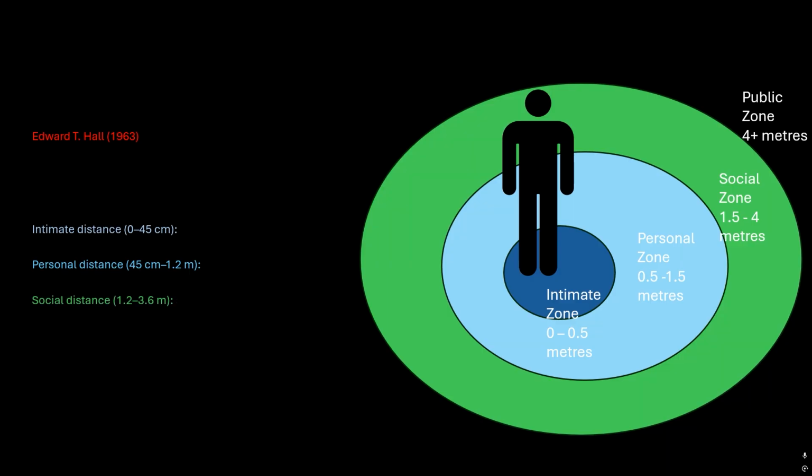Social distance, 1.2 to 3.6 meters, is for strangers and for formal situations. And the public distance is above 3.6 meters, so public speaking, performances, etc. His key point is that these distances are culturally learned, so what feels like normal space varies between cultures. So we've got these numbers, these distances, but they will vary dependent on the cultural context and the